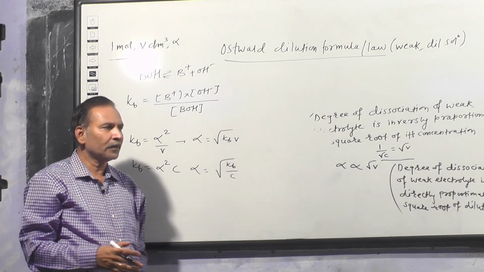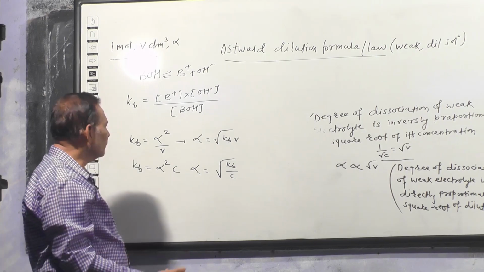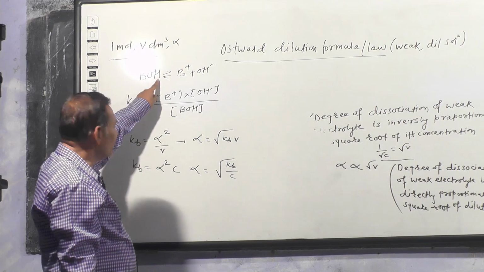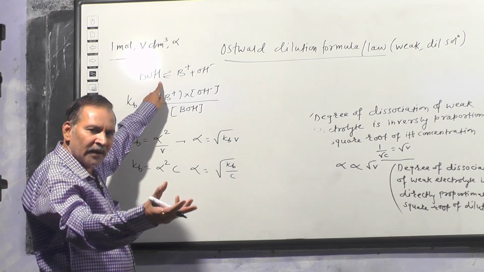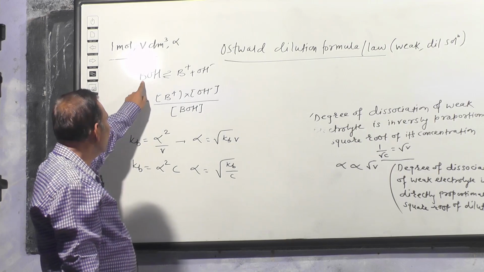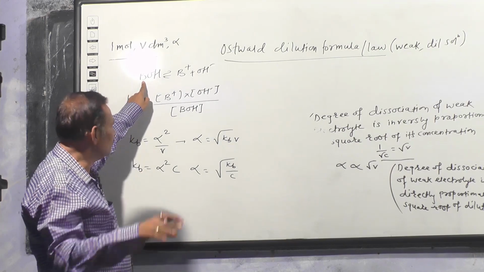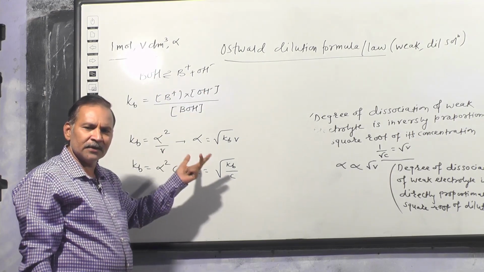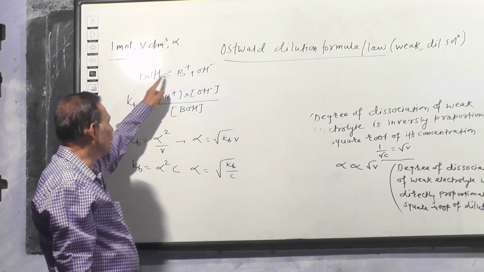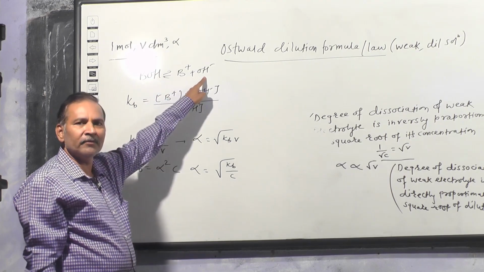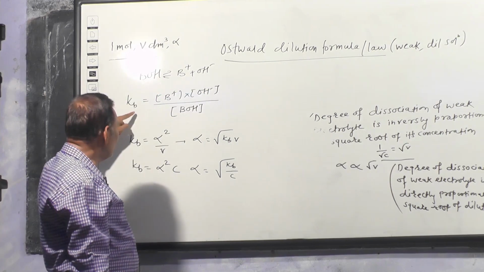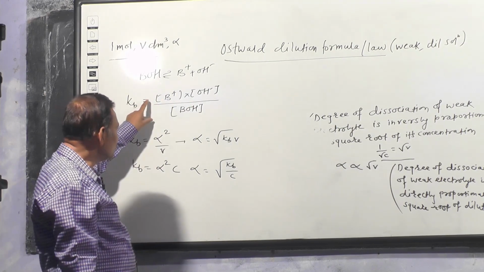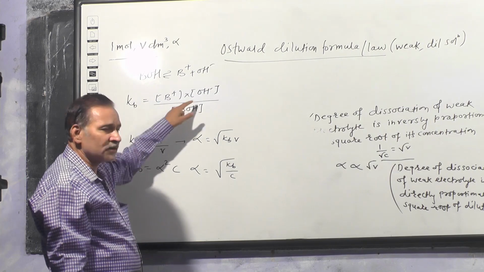So in short, how do we obtain the equilibrium constant for a weak base? BOH is a weak base where OH stands for the hydroxyl ion we get from the base, and B is the remaining part of the base. As already told, the ions produced will be like this. At equilibrium, the concentration will be 1 minus alpha upon V for this, alpha by V for this, and alpha by V for this. Okay, so if we apply the law of mass action to this reversible reaction, we get this type of format.